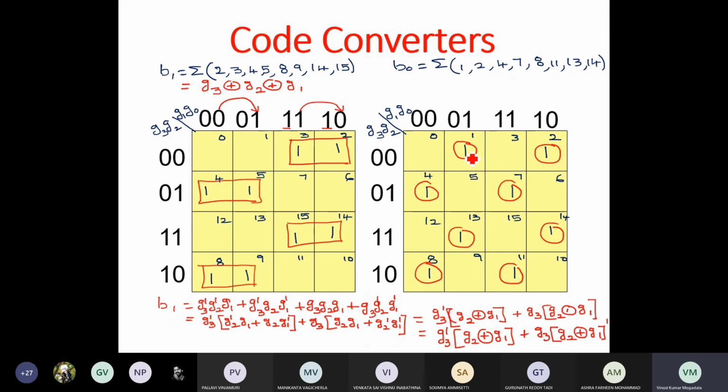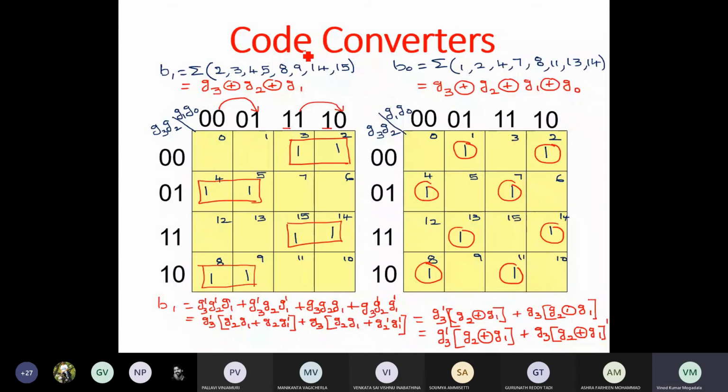If you write all the minterms, you can take common in this way. You can find similarly. So B0 is nothing but G3 XOR with Z2 XOR with Z1 XOR with Z0. So this is the way.